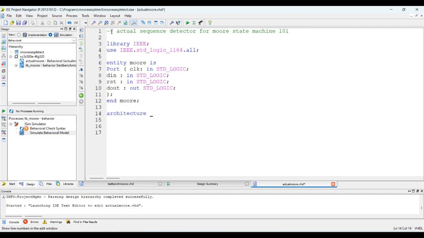So now I'm going to define the architecture of Mealy. I'm going to name this architecture behavioral of Mealy, and I am going to give some states: next state, current state. These are the signals for the Mealy sequence detector. So I'm going to give type state is,